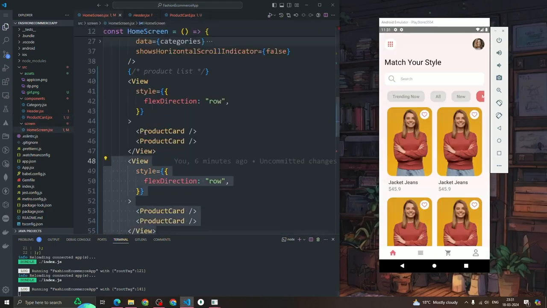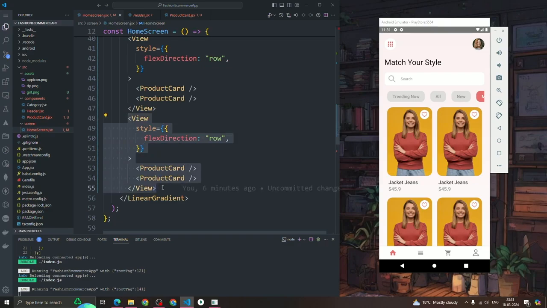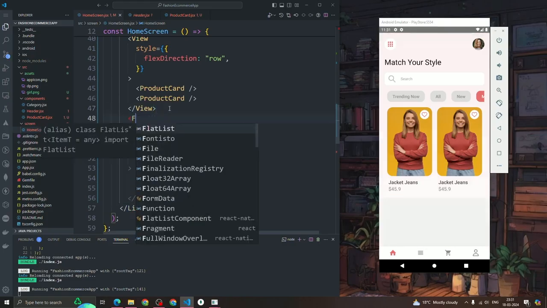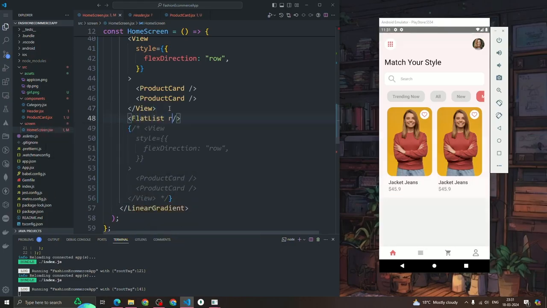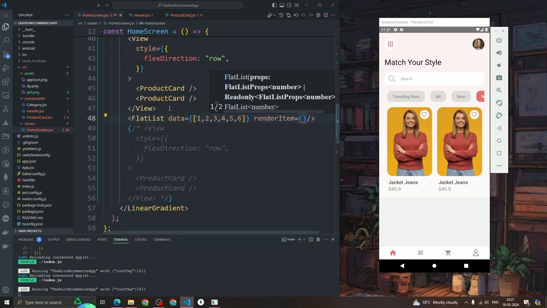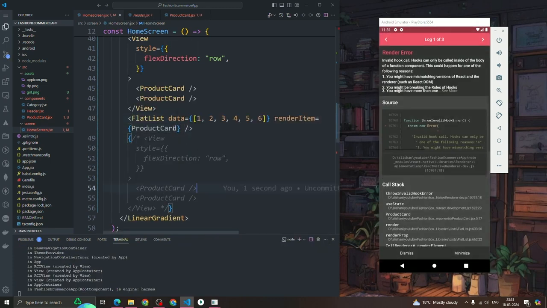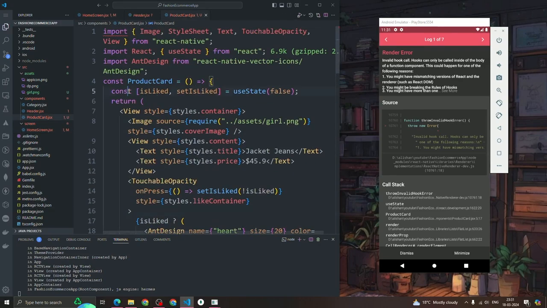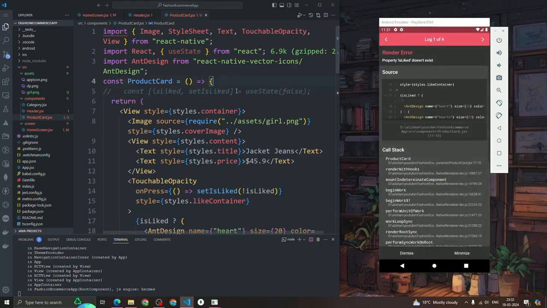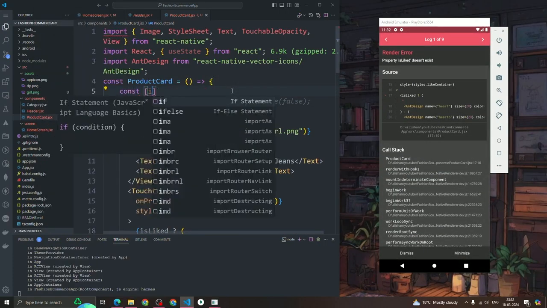Now we're going to have a FlatList instead of having this data. I'm just commenting this code for now, and we're going to have a FlatList. Here we're going to pass the data. Let's suppose we have some data, 1 2 3 4 5 6 for now, and we're going to have a renderItem component. Inside the renderItem, we pass the ProductCard component. Now you can see that it's throwing an error, invalid hook call. We're getting this issue because of this state. We can't call the useState inside the child component while using the FlatList. So I'm just making isLiked